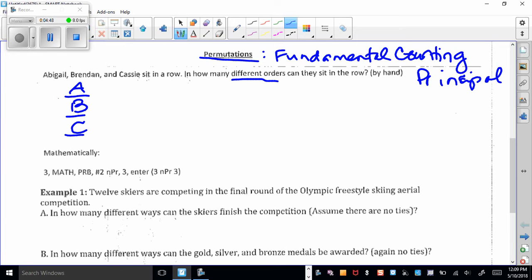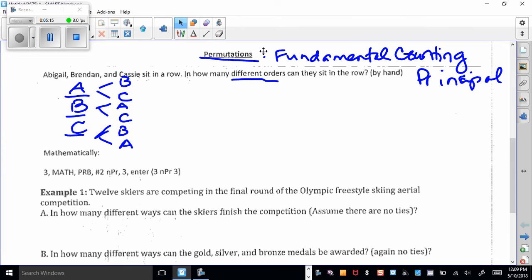Okay, so if I have Abigail in the first chair, then I have 2 choices for the second chair. I could put Brendan or Cassie. Then I would have 2 choices. If Brendan's in the first chair, you can have Abigail or Cassie. And if Cassie's in the first chair, you can have Brendan or Abigail. So I first had 3 choices. All right, I could have 3 people to choose from, and then once someone's sitting down, then I had 2 choices,